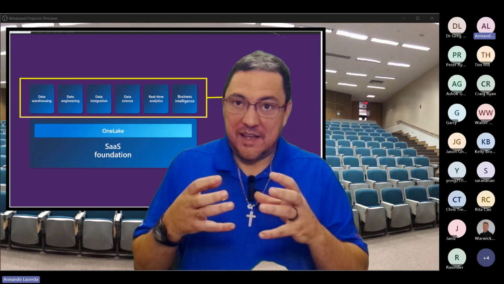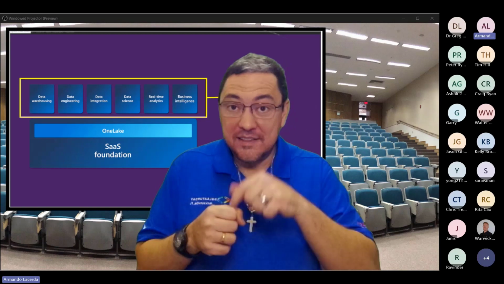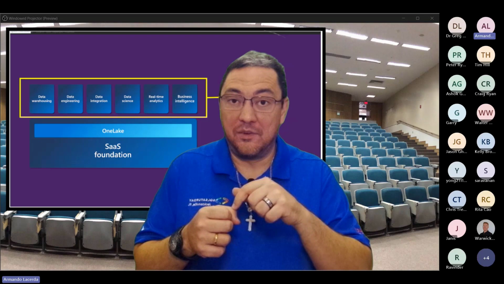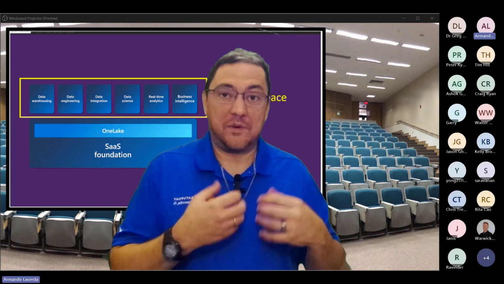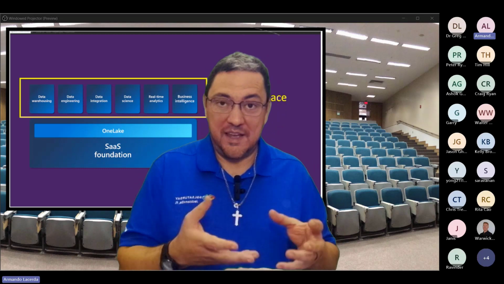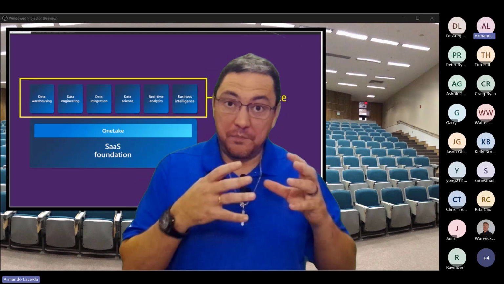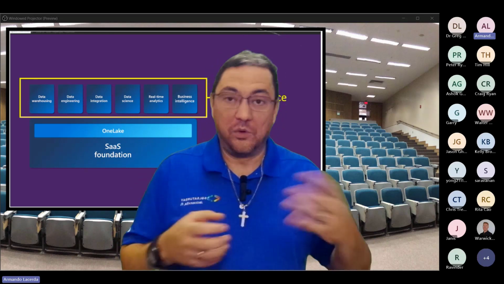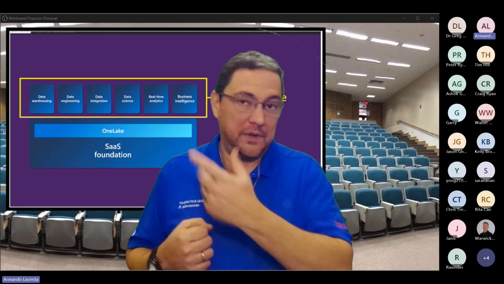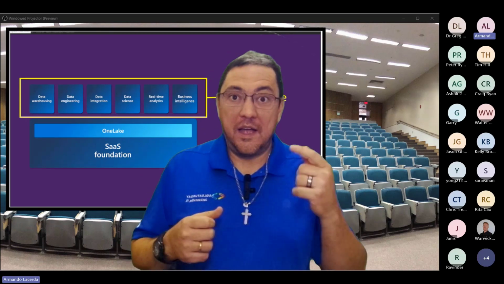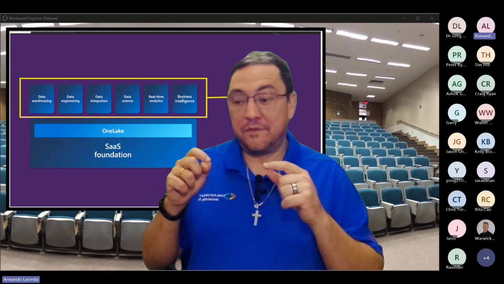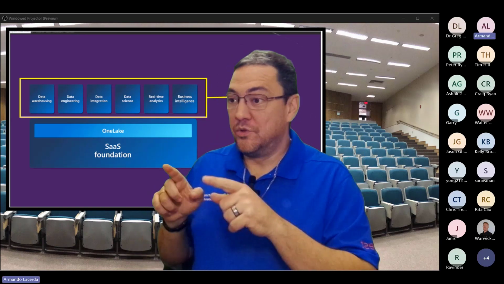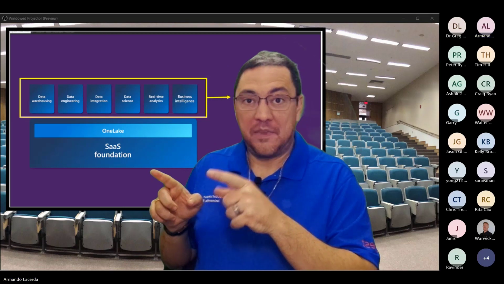You have a data set, and that data set has the data, and the data belongs to a workspace. In Fabric, for our Spark pool to process data, any code that's running on top of the Spark pool, in this case a notebook, needs to have a window to OneLake.